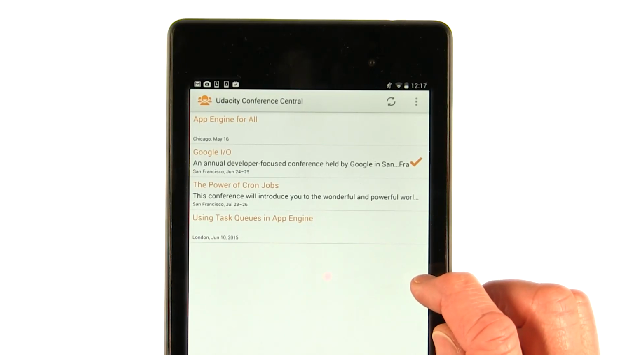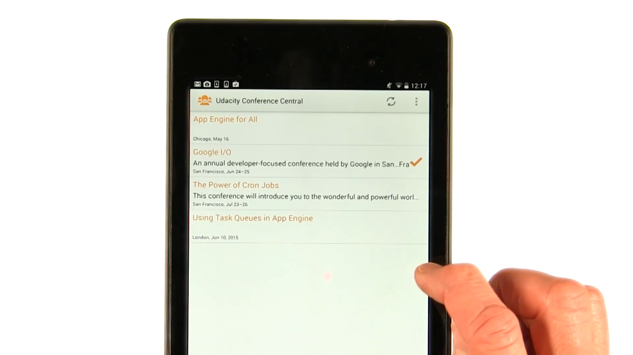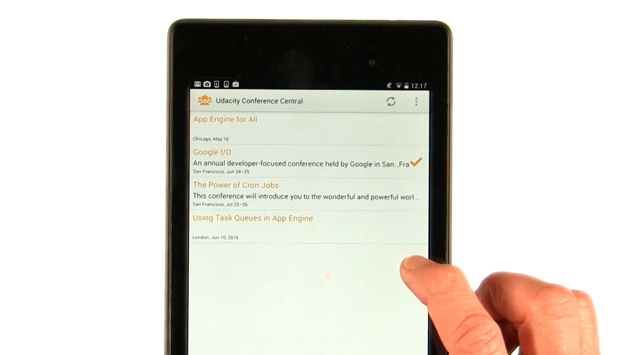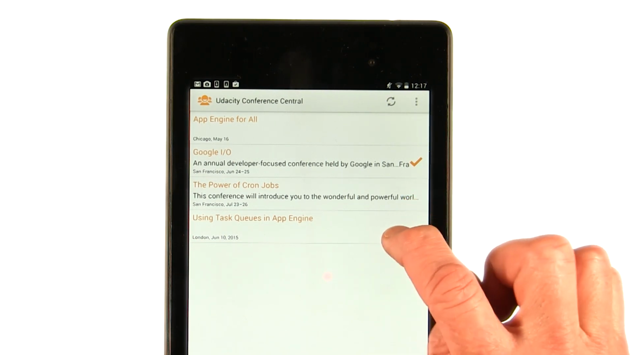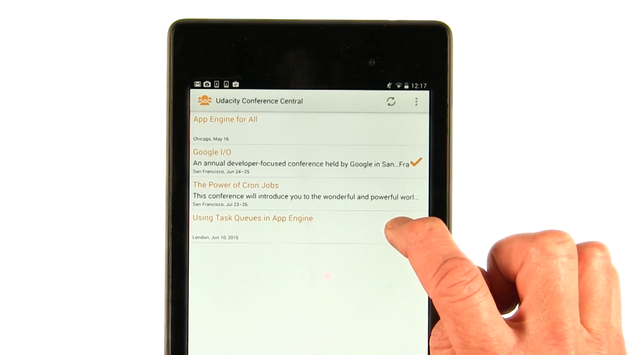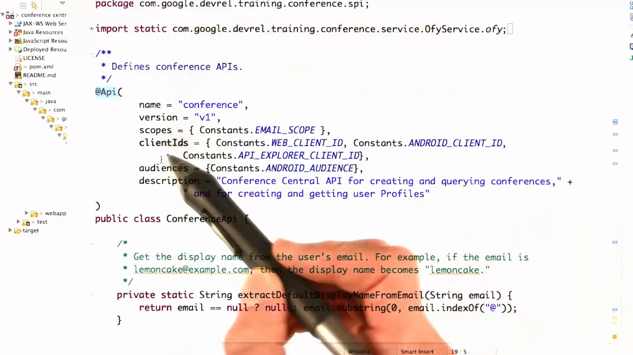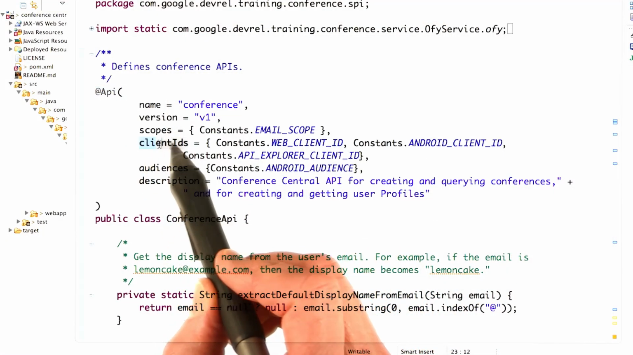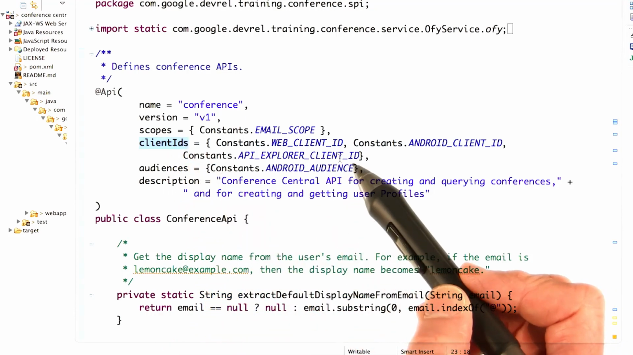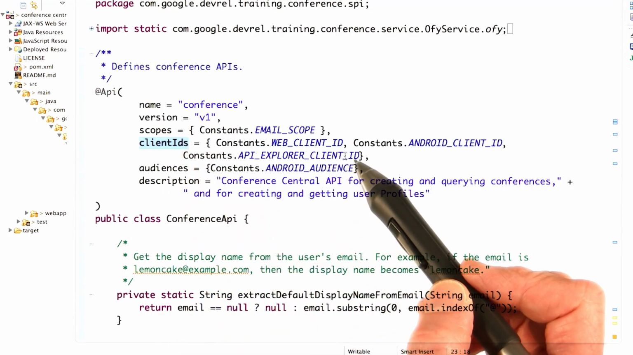So let's talk about how to enable mobile applications to access the endpoint functions that you've defined in your Conference Central application. So here's the Android app that we have that will access the Conference Central app running on Udacity. So you've already learned about setting the client IDs to specify the clients that are allowed to access your backend